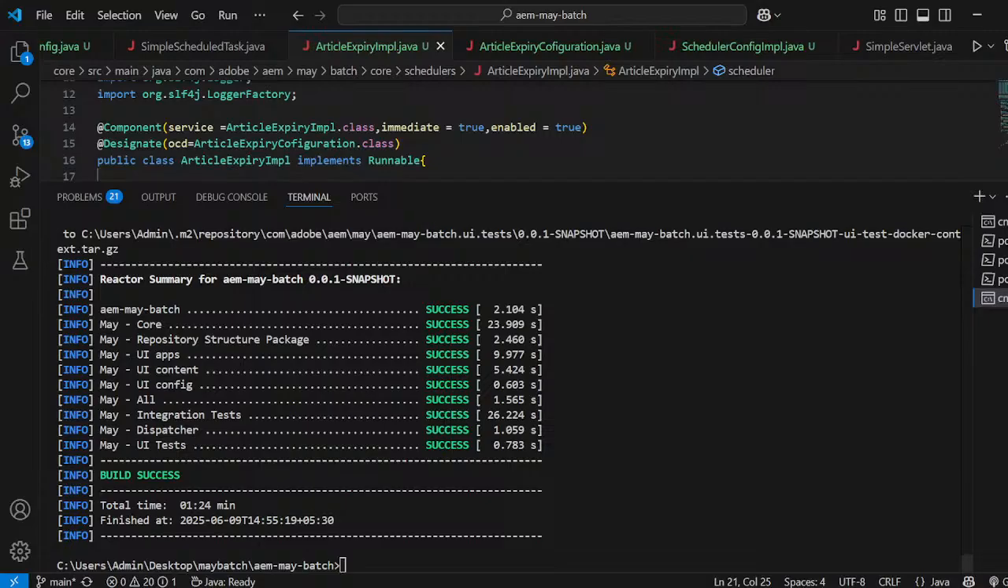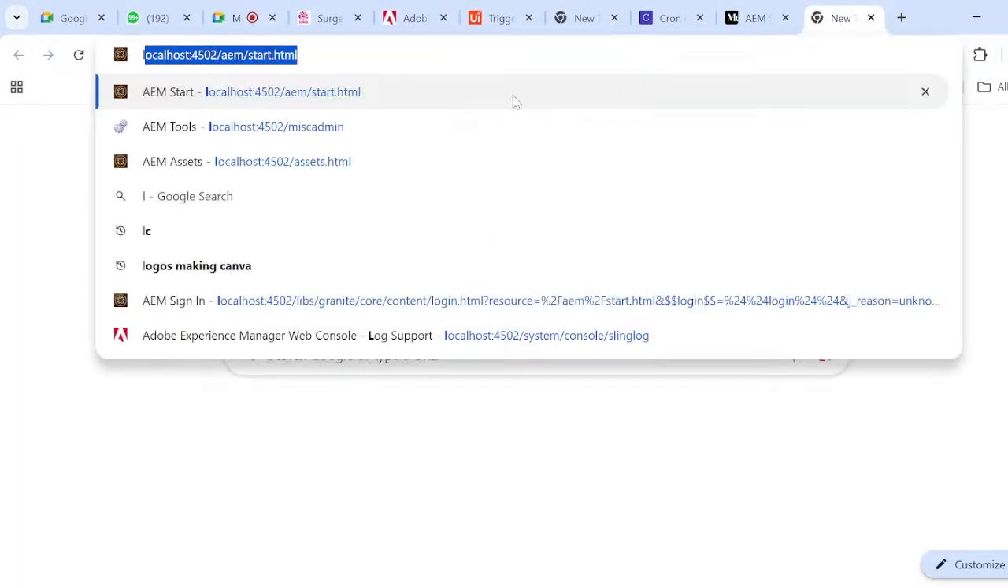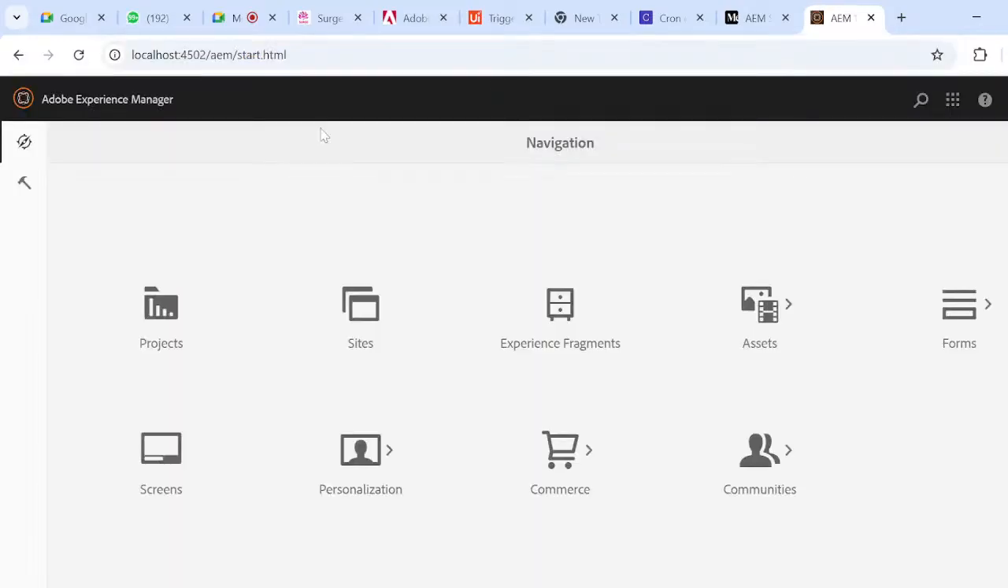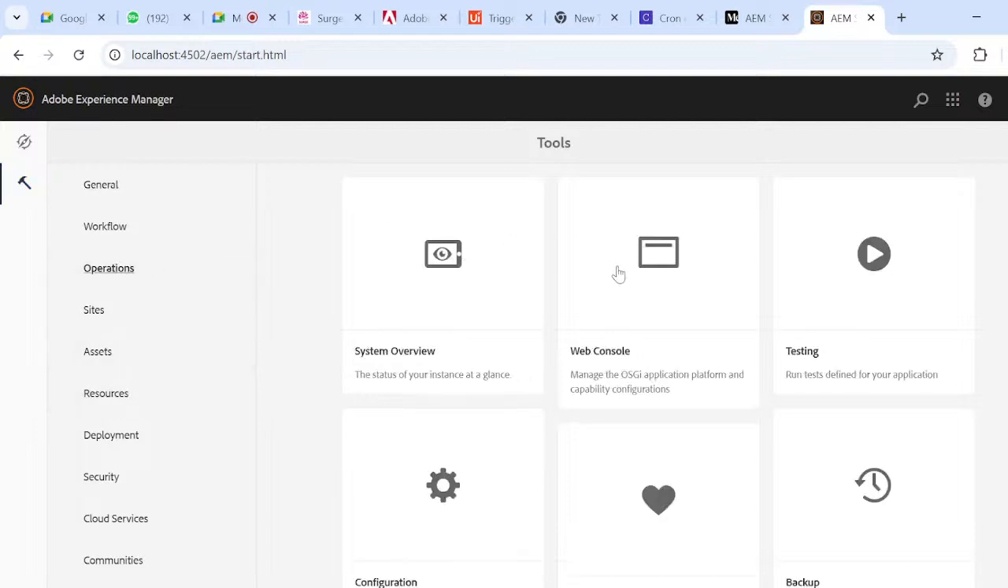Now go to your loggers. There actually you can try to create one logger file. Go to localhost 4502 aem start at HTML. There is a tools option, and go to operations. There is a web console, and